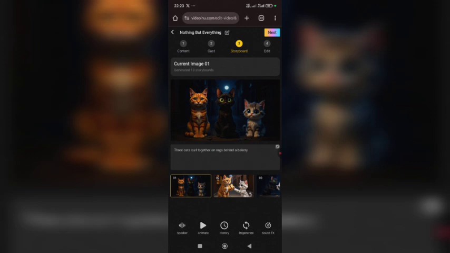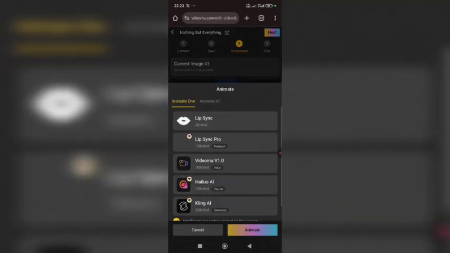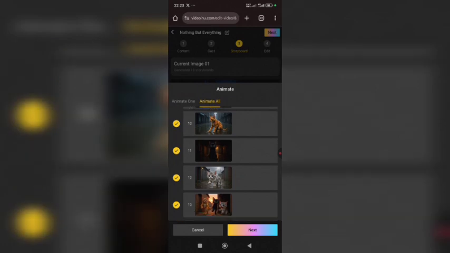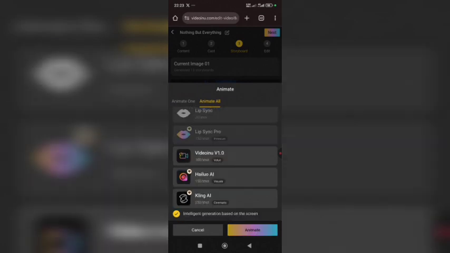As a free person, you don't have enough stars to animate all. So this is it. You can see it. This one is lip sync per shot, because all these things are per shot. If you're animating, it has selected everything for you to animate. Now if I click next, they will tell me